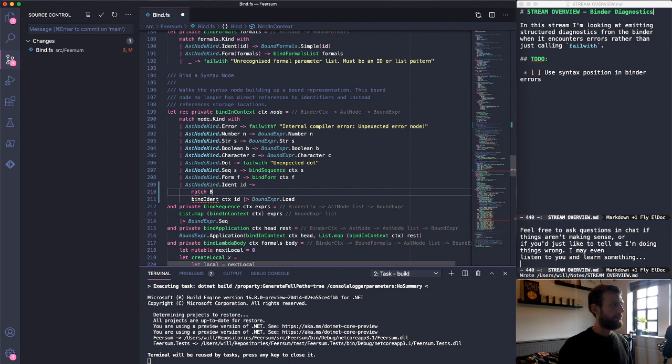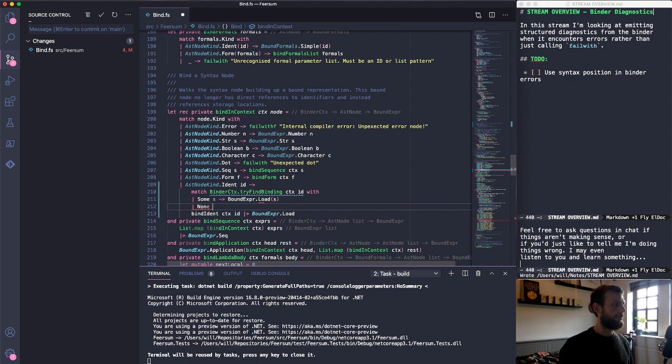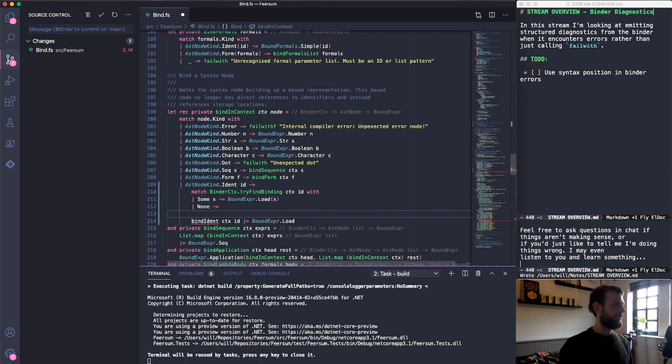So let's match binder context try find binding in this current context with the ID we've been given, and we either get some storage and then we emit a load from that, and we get no storage, and so we do